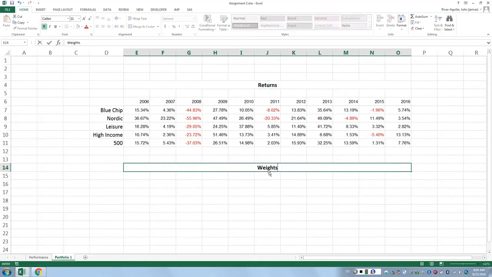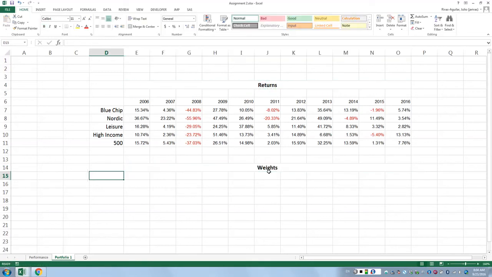Now weights. Weights is another concept that we will be discussing through the semester. But if we are investing, we are not gonna put all of the money in exactly the same amounts in every stock, right? We're gonna be doing different amounts for different stocks. Let's say, for example, I invest half of my money in the blue chip fund and the rest in the other 4. Well, whatever happens to the blue chip fund is gonna affect my returns very strongly, right? We cannot say that a simple average of these 5 is gonna be sufficient.